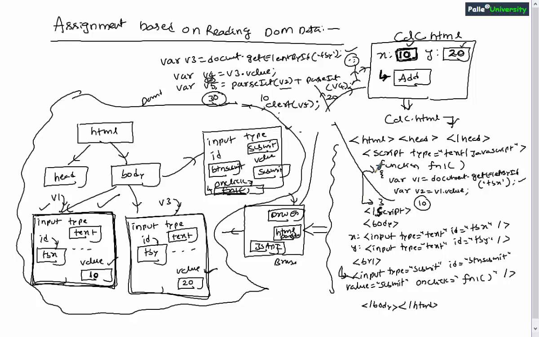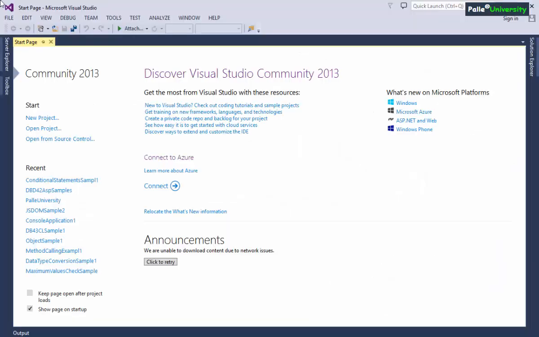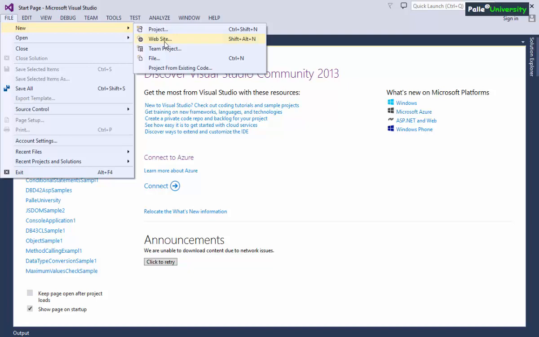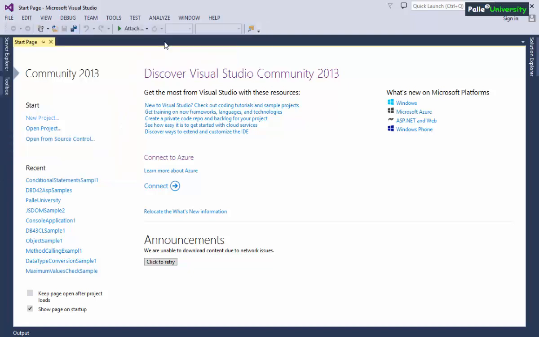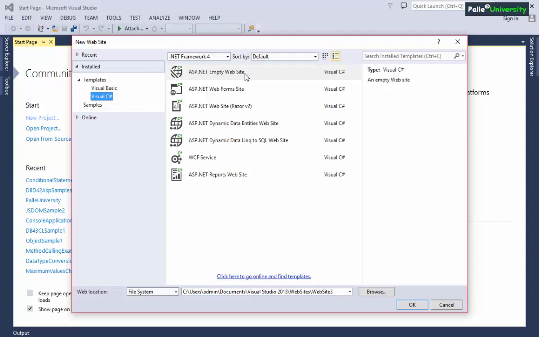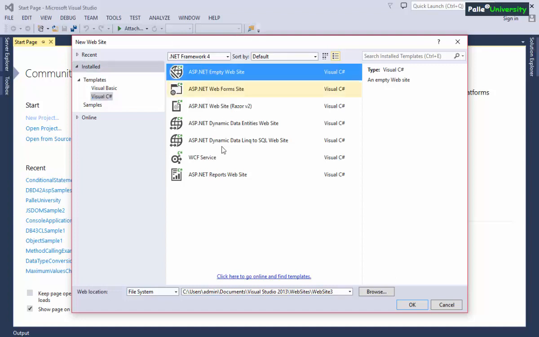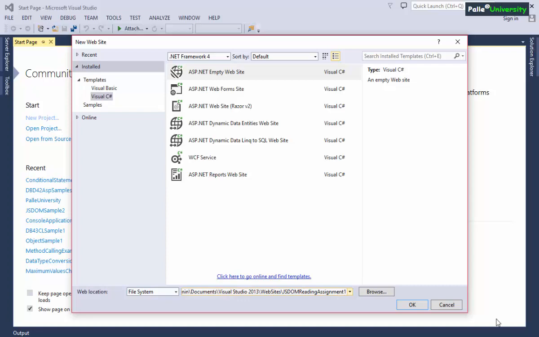Now I wanted to show this entire coding directly in my Visual Studio. Now what I will do here is I will try to open my Visual Studio and I will try to create a new website. Once I open the new website window, I will be selecting ASP.NET Empty Website and I will call this maybe JavaScript DOM reading assignment 1.